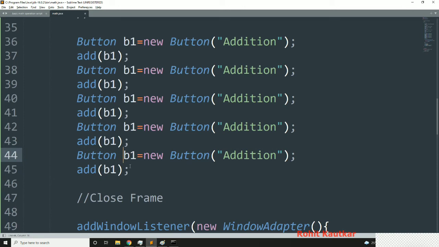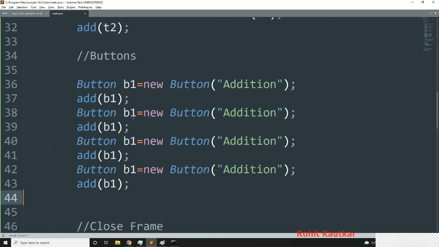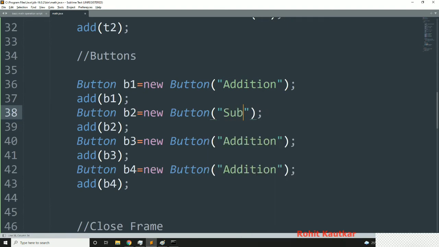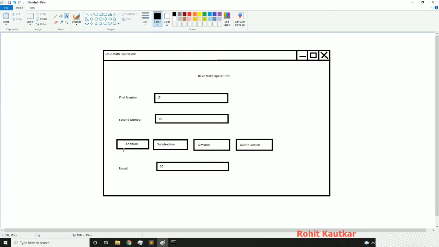Okay, so 1 2 3 4, I think I got one more extra over here. Okay, I have removed that. Now it will be B2, this will be B2, this will be B3, this will be B3, this will be B4, this will be B4, and instead of addition now it will be subtraction, then it will be division, at last it will be multiplication. Okay, so we have added all 4 buttons.